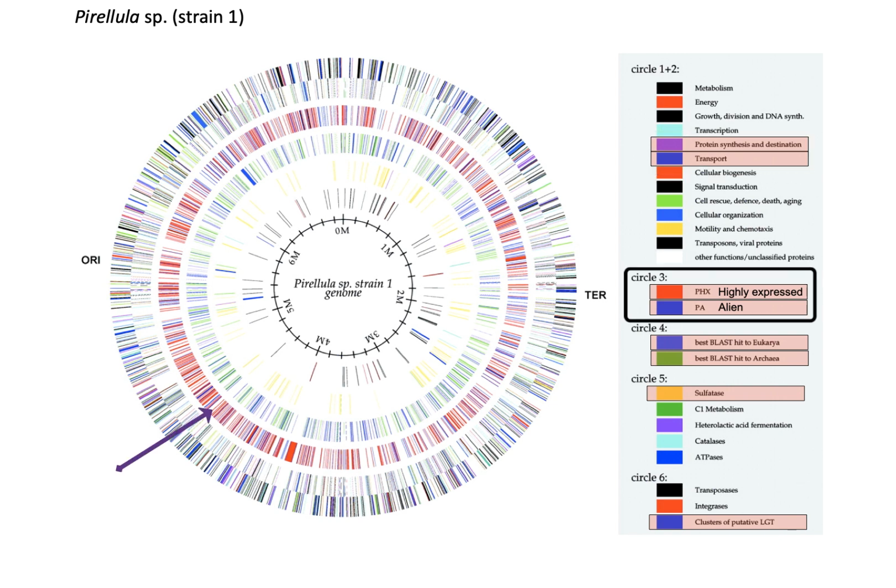The next circle indicates alien genes, those that came from elsewhere, and highly expressed sequences. And then the next circle indicates those sequences that are closer to those from Archaea and eukaryotes. Again, indicating that there have been gene transfers probably into this organism from Archaea. The ones that are eukaryotic-like, they're probably eukaryotic-like because these genes were contributed to the original eukaryotes